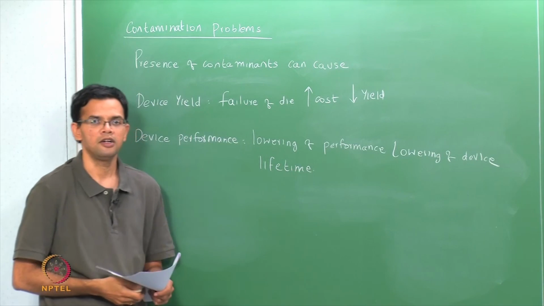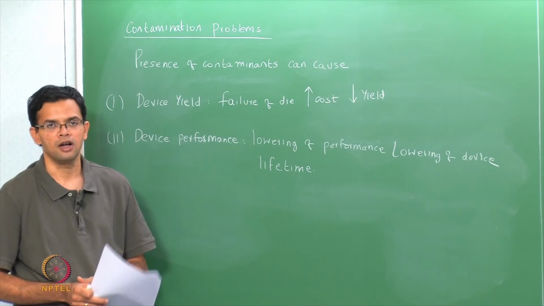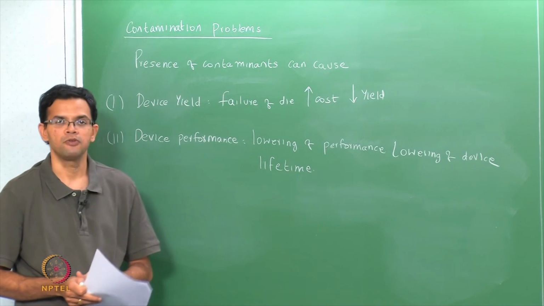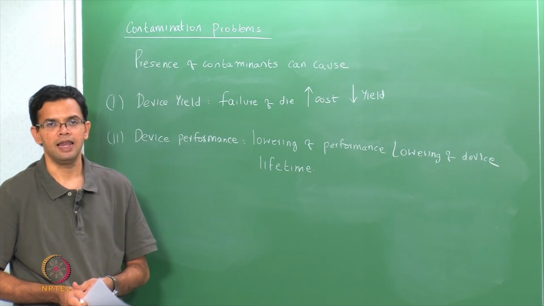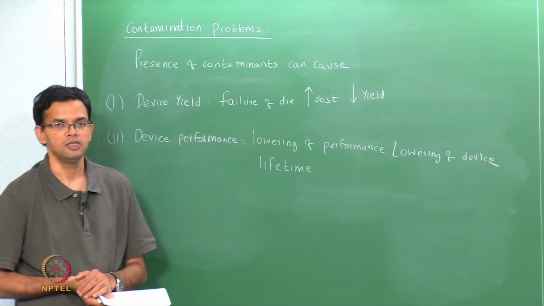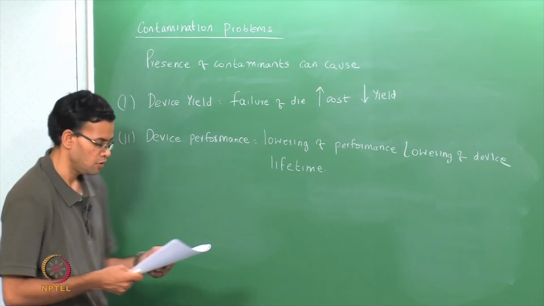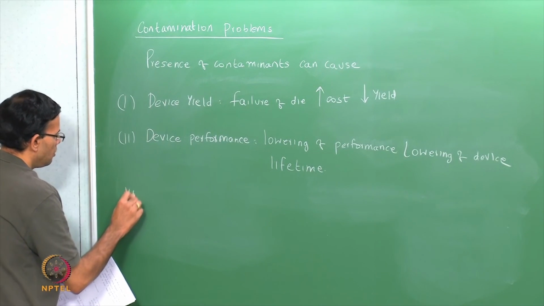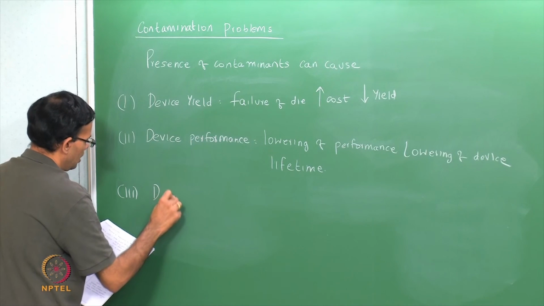So, this is harder to detect than a device yield, because failure has not occurred, but the device does not perform at its optimum value. So, usually some sort of electrical testing can be done in order to measure device performance. So, this also can be measured and taken into account,